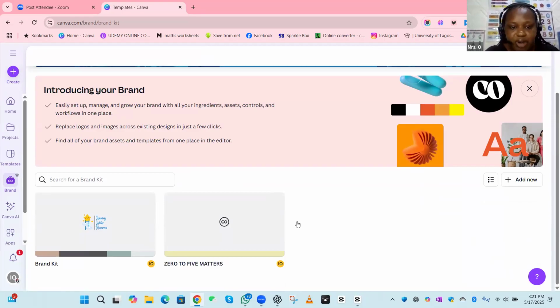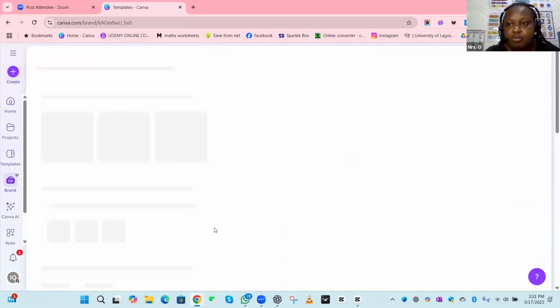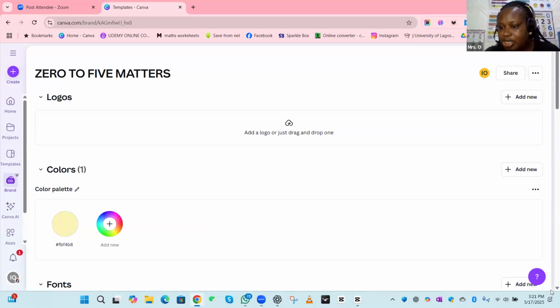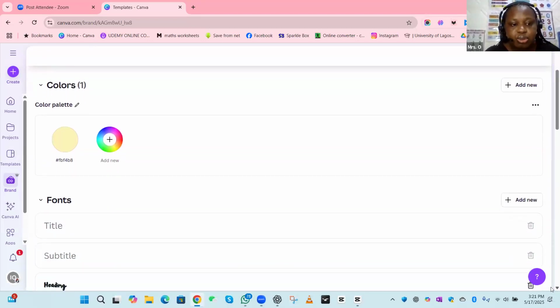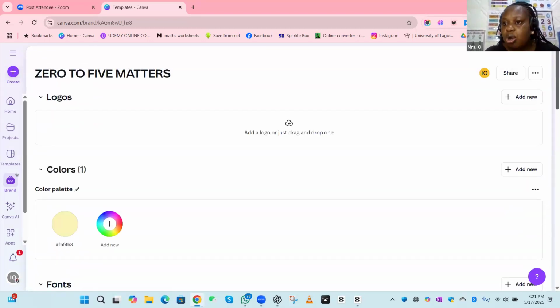For instance, I have 2 brands showing here. I've not updated my brand, or I'm trying to create a new one, I'm trying to work on my brand. But under brand, you can actually put your logo in the brand area. Those things are your brand kit. The things that you use to design for your brand, they are your brand kits. And under the brand area in Canva, you can post your logo,